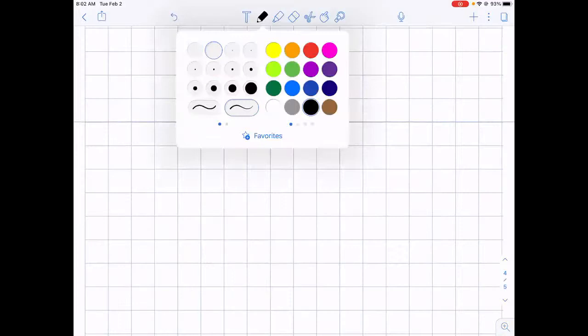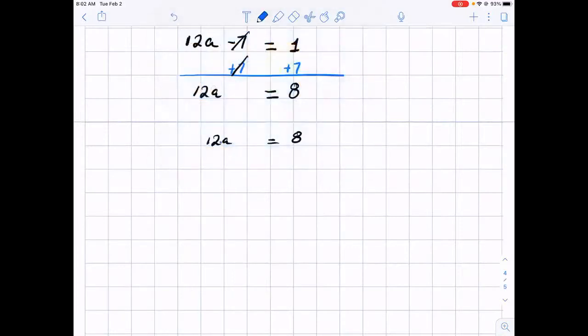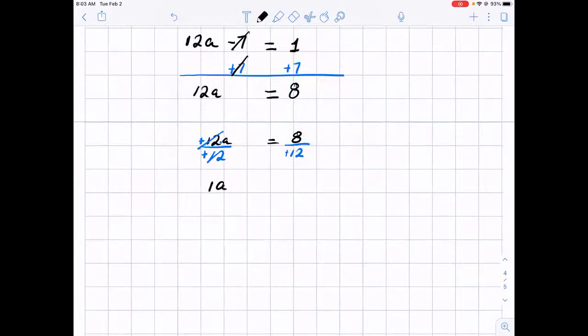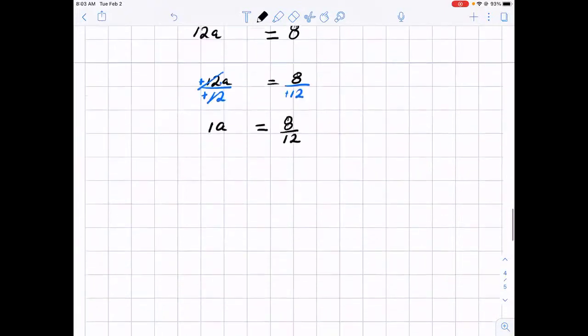So what we do now, the opposite, since this is multiplication, we'll divide by exactly what we want to get rid of. There's a plus 12, we divide by plus 12. Divide by plus 12, okay? So the 12s become 1a, okay? That becomes a 1, equal 8 over 12. And as I said, we generally don't have to write the 1, so a is equal to,